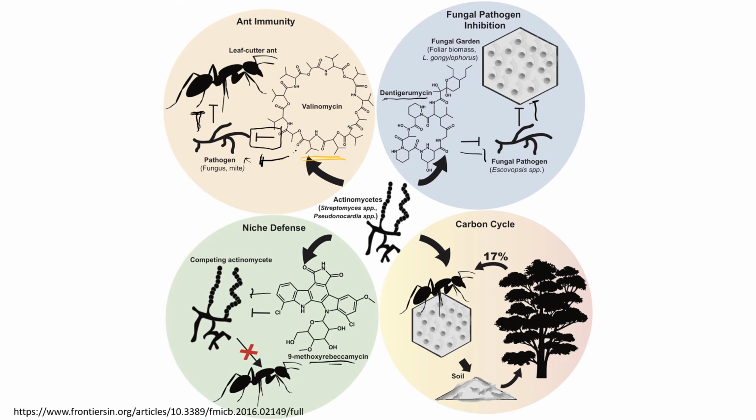All right, on to the last bit. So all of that combined maintains this ant fungus Parasitism-Mutualism so that we can have this underground fungal garden. And what that does is maintains a large percent of the carbon cycle that's happening in these ecosystems. So 17% of the carbon-rich material, I'm not sure if it's just 17% of the leaves on these trees, foliage-wise,